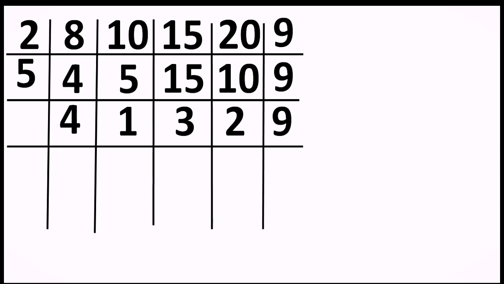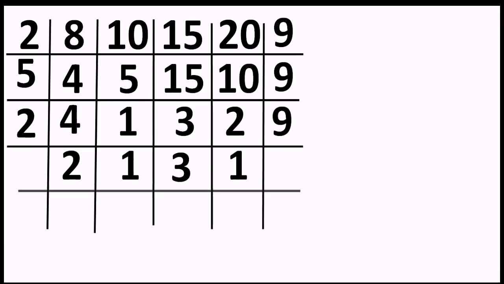So we have 2 numbers divisible by 2 and 2 numbers divisible by 3. So let's move on, correct? So when you divide 4 by 2, we get the answer 2. 1 will be written as it is. When 3 divided by 2, we cannot divide it, we have to write it as it is. Okay, then 2 divided by 2, answer is 1, and 9 will be written again unchanged or as it is.